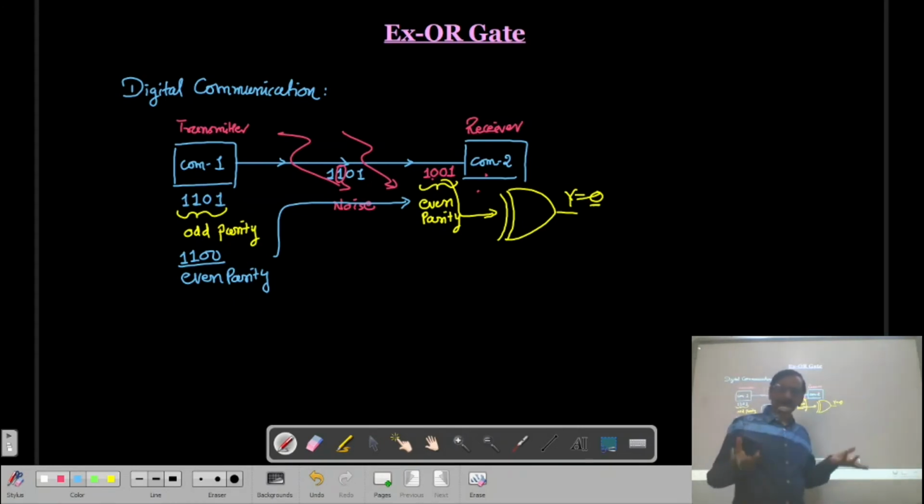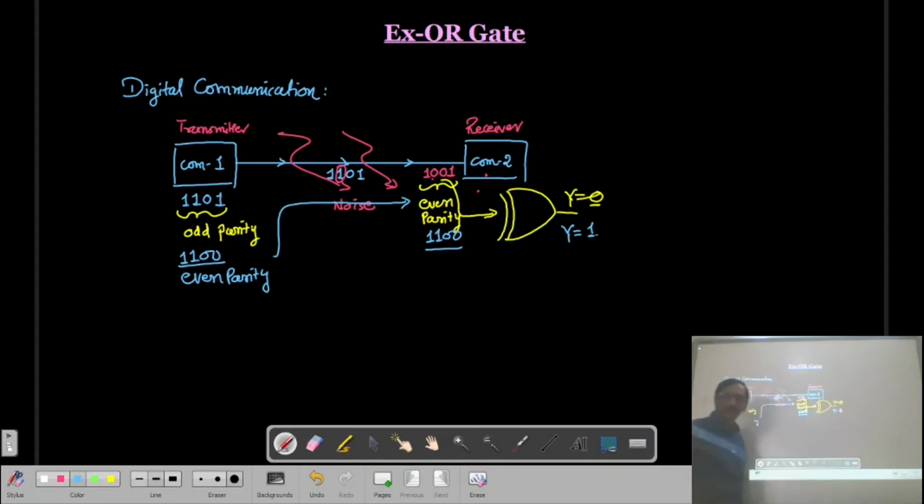Let us say there is no noise, there will not be any kind of disturbance. So what will happen? This exclusive OR gate will give the information of 1100. Now this data is with the even parity, so the exclusive OR gate will produce a high level.